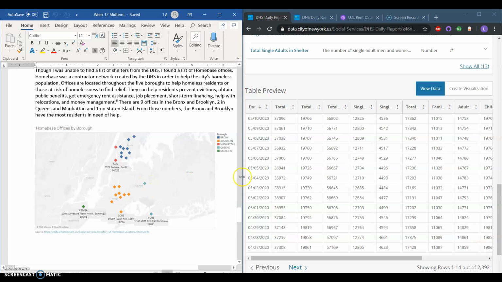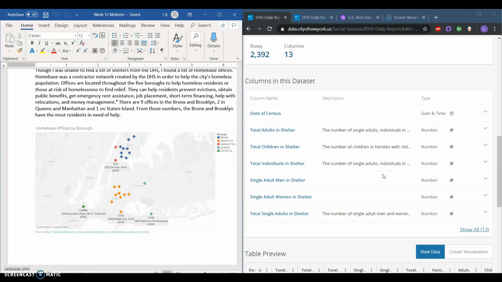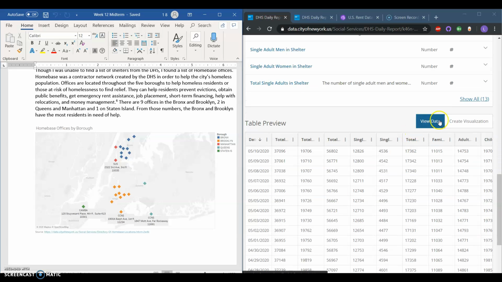So both of these were created using data I obtained from NYC Open Data, and it was obtained using the DHS daily report. And this data set includes the daily number of families and individuals residing in DHS shelters and the numbers updated daily. So what we want to do here is we want to download the data,